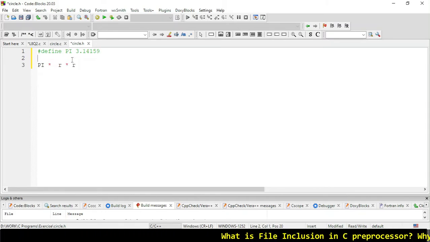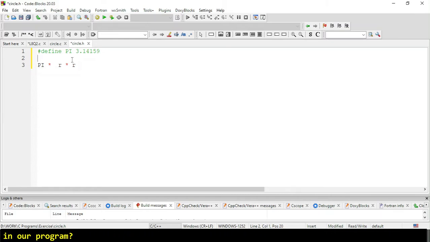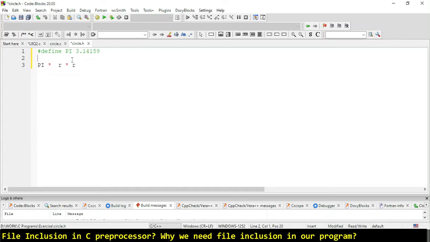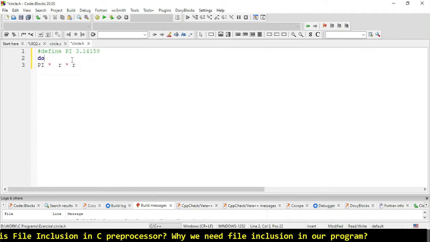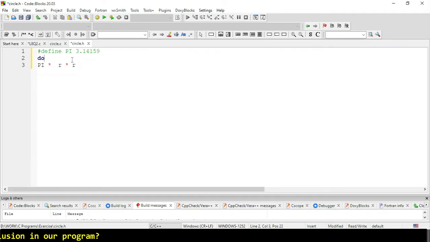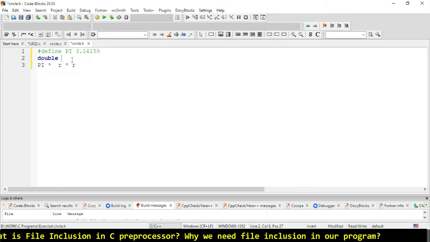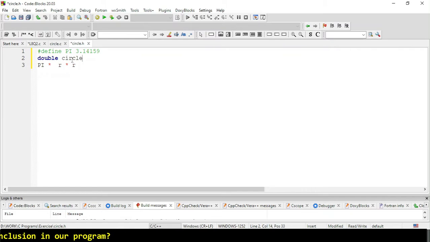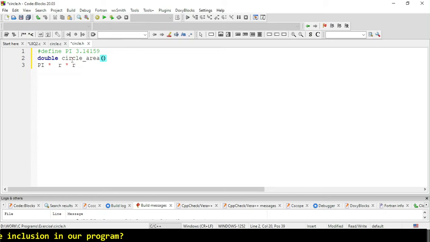And now we will define our function, which would be in double. Because the area would be in floating point, I'm using double. So double and the circle area, and then we have to pass two parameters.